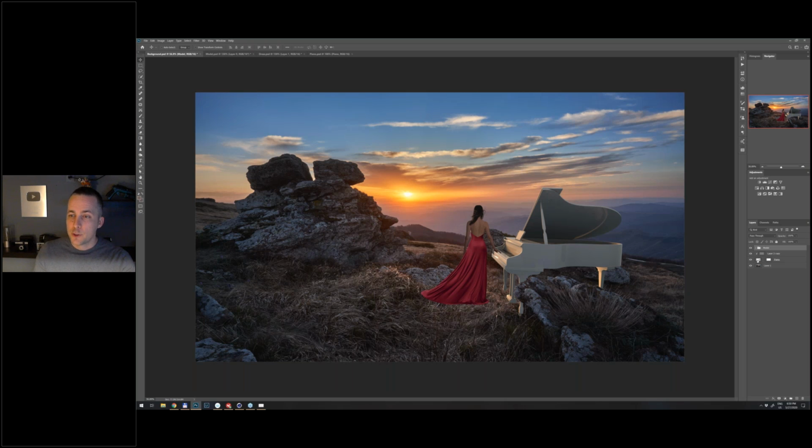But here what I will do is go to the piano and create a color balance adjustment layer. This is it. And I will clip it to affect only the piano. I know that the shadows, the darker part of the piano, need to be more bluish, as you can see right here on the rocks and the ground that is in the shadows. So I will go to midtones and make them blue, a little bit cyan, a little bit magenta. And I will go to the shadows and do the same. So a little bit blue,